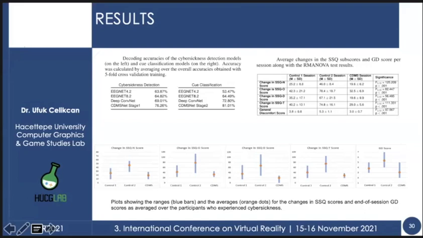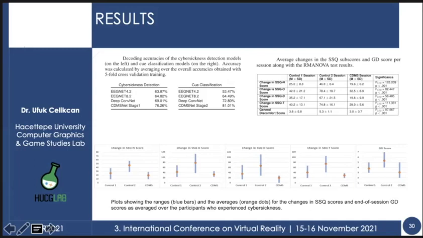On the bottom row, we see the plots showing the ranges and the averages for the changes in simulator sickness questionnaire scores through the sessions and end of session general discomfort scores as averaged over the participants who experienced cybersickness.